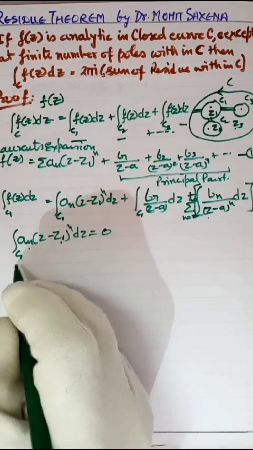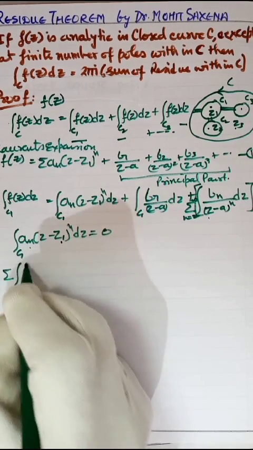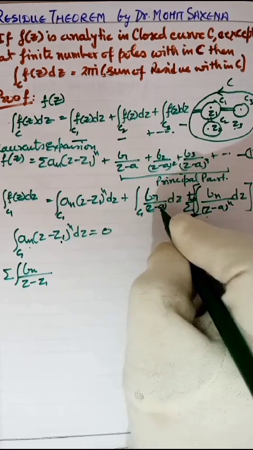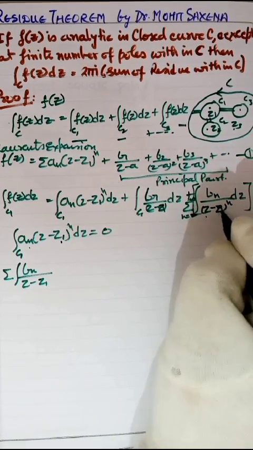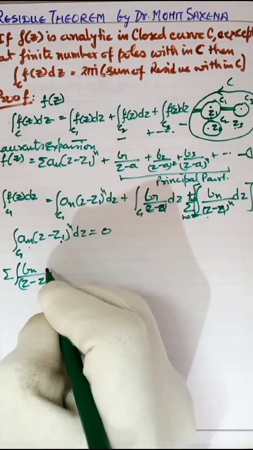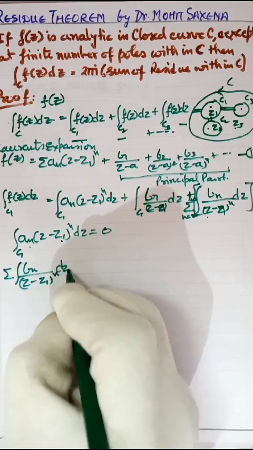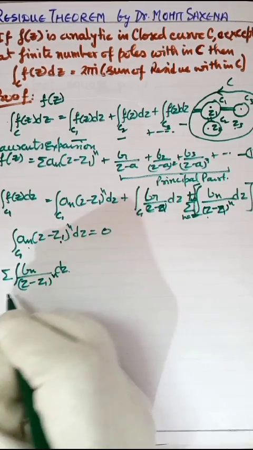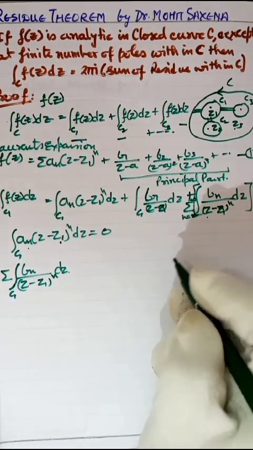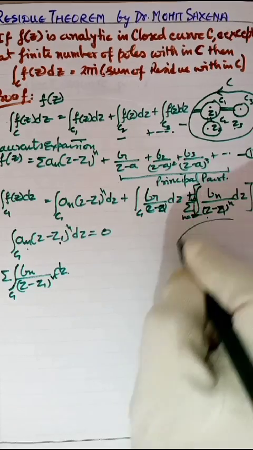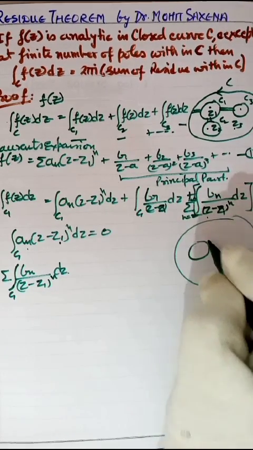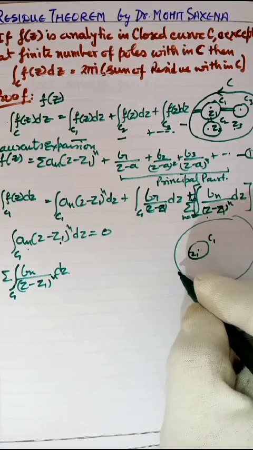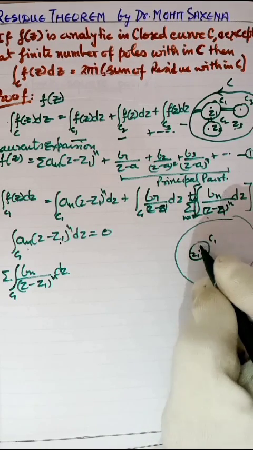Now the last integral, the sum of b_n upon (z minus z1) to the power n dz. We try to find out the value of this integral over C1. Let's draw C1 again explicitly, and this is the point z equals z1. So by theory